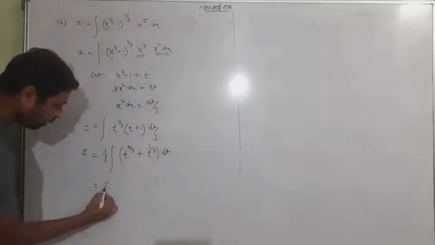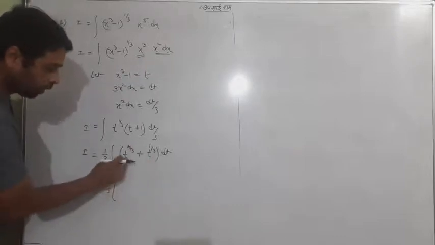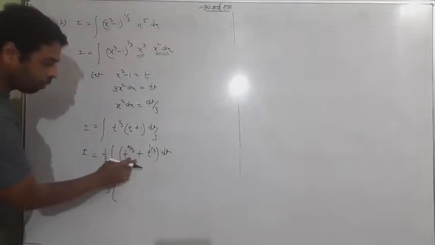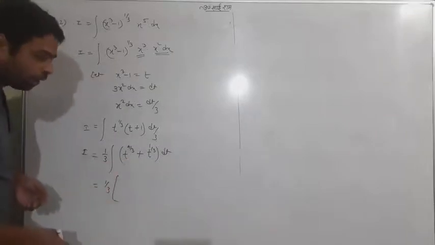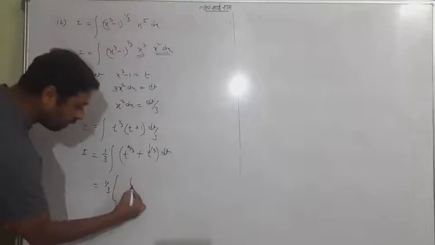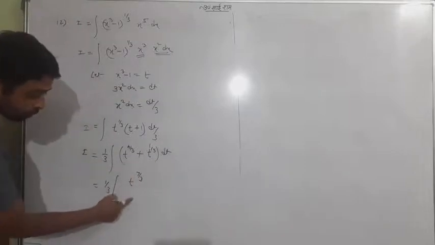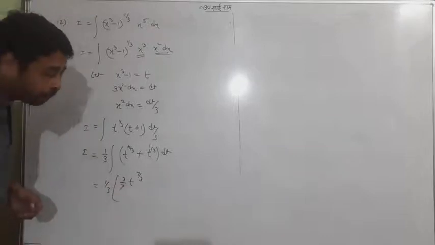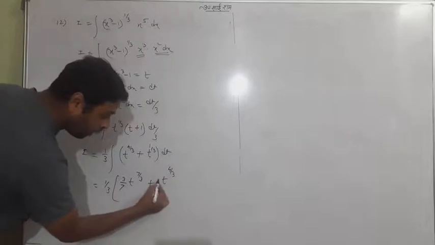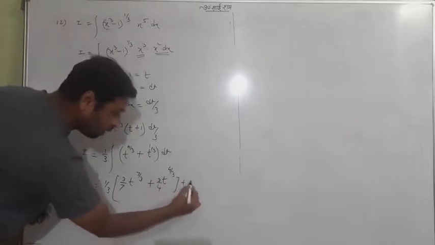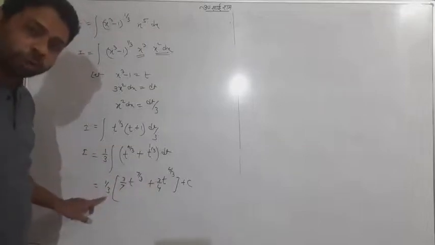Now you can integrate the function t to the power 4 by 3 plus. It's a plus sign, so you can directly integrate both of the functions in the addition. t to the power 4 by 3 will have integration, 1 will add, 7 by 3 upon 7 by 3, so it will transfer as 3 by 7. t to the power 1 by 3 will be 4 by 3 upon 4 by 3, which is 3 by 4, plus C. Now what you will do one step more, take out 3 common, 3 and 3 will cancel,